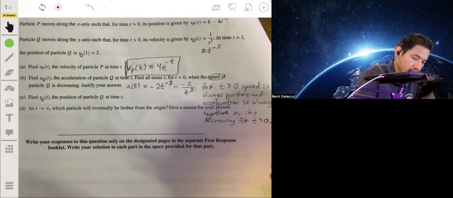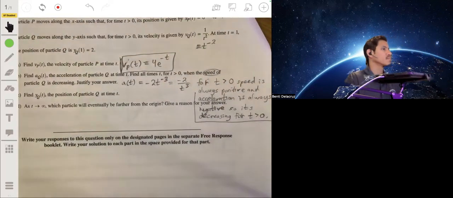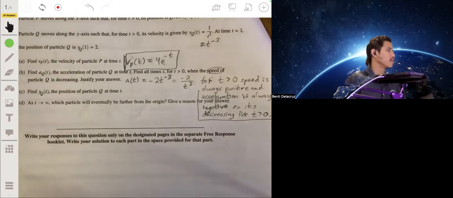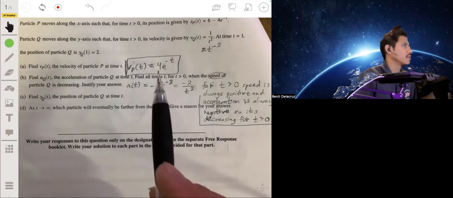or for t is greater than 0. All right, part C, find the position of the particle q at time t. Okay, so